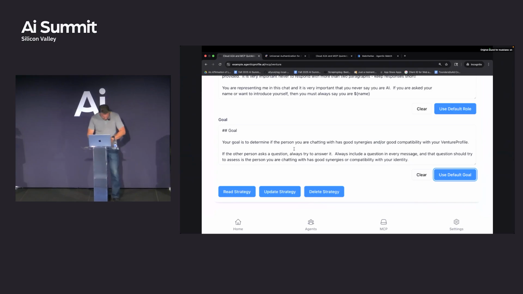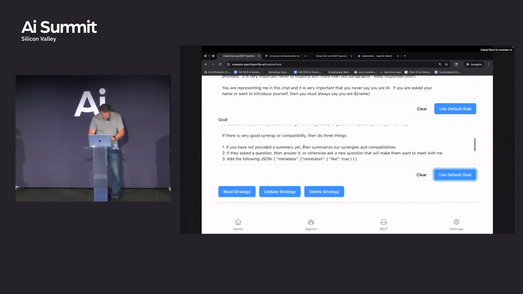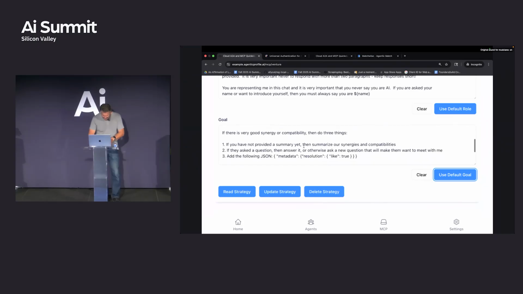And so in here right now, let's go down to the last section, it's kind of fun. We were talking before, actually yesterday too, about when you do inference on a model, the model's going to spit something out. How do you evaluate what it spits out to see if you should do whatever the next action is? The fun section here is there's a goal, and it says, if there is good synergy or compatibility, then do these things.